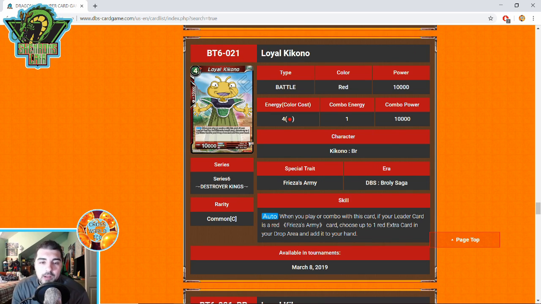When you play or combo with this card, if your leader card is a red Frieza army, choose 1 red extra card in your drop area, add it to your hand. So a big play that I see with this a lot of the time, when the Frieza deck is trying to defend, the opponent will attack, combo up to whatever. So you combo Kikono from your hand, you activate its ability, you grab Kaba's Awakening from the drop area, and